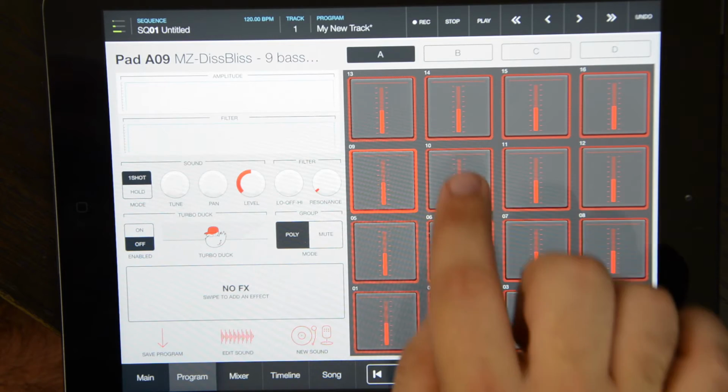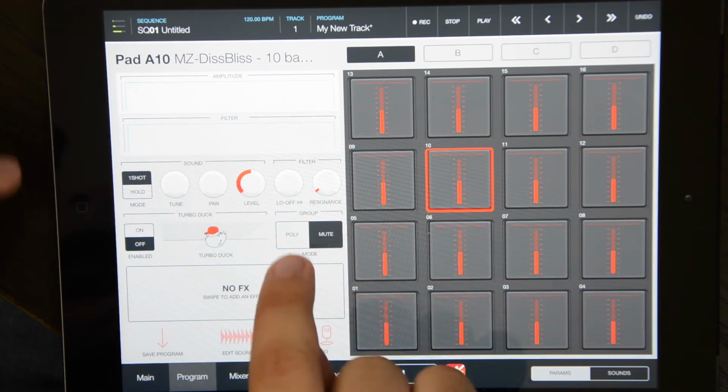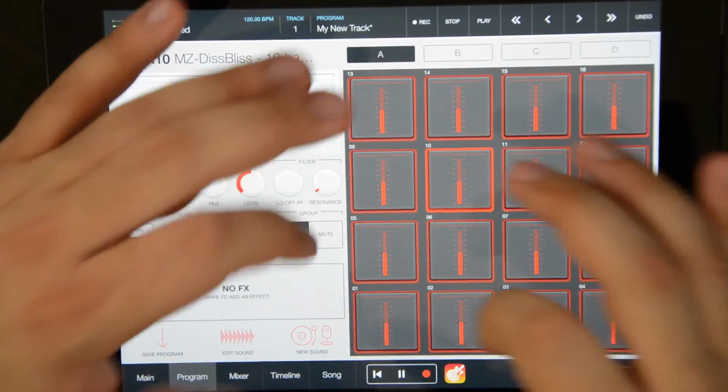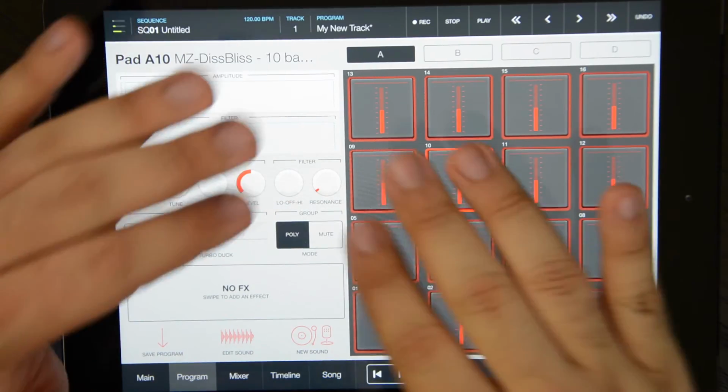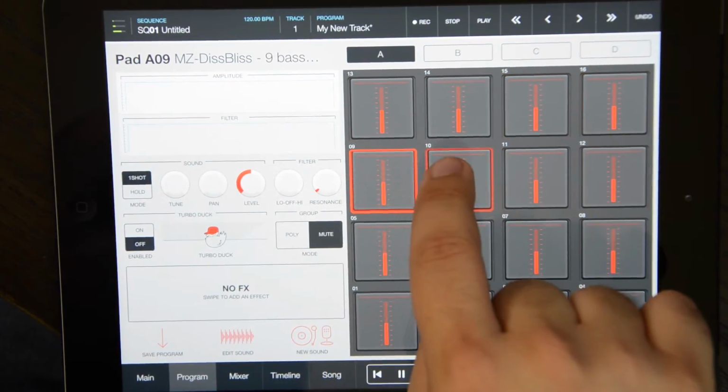So what we want to do is set these to mute. So right now they're in the poly group. Poly means that multiple pads in this group can play on top of each other. But if you switch them over to the mute group, they'll mute each other. So watch.